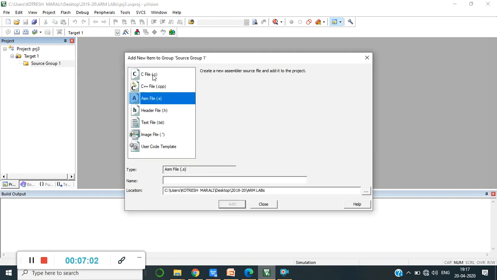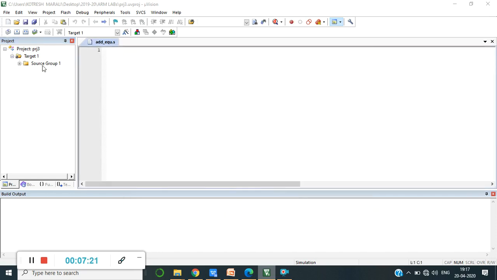If you are writing a C program, I would select a .c file, but since we are writing an assembly level program, we'll add the file using EQU directive. Say yes to add this particular file. Now I have created my target and under it my .s file.